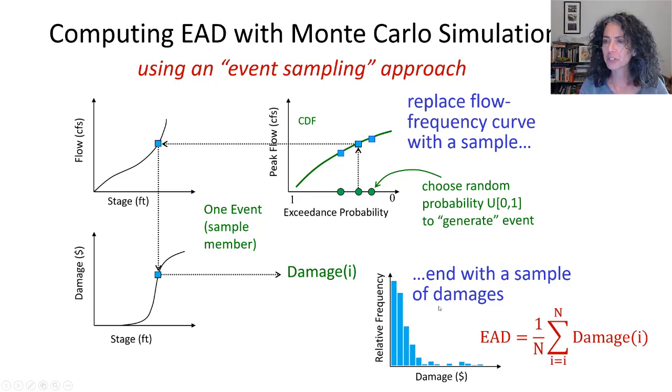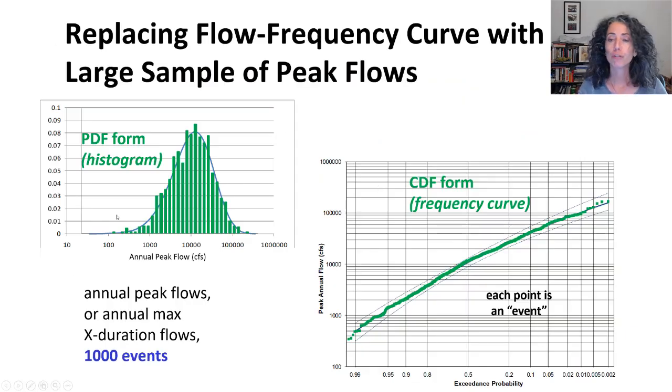Right? So let's see what that looks like with a large sample. So we've replaced our flow frequency curve, let's say with 1,000 flows. So here it is in the PDF form, a histogram of flows. And here it is with the frequency curve form, right, to show the CDF. So this is each of our 1,000 flows plotted against the plotting position, with the plotting position based on 1,000